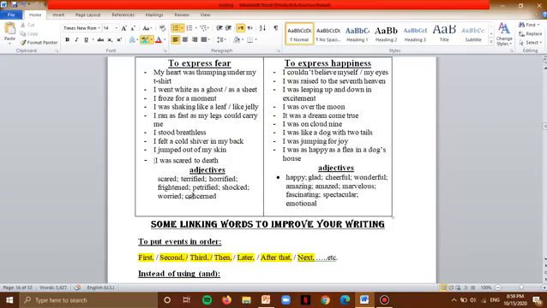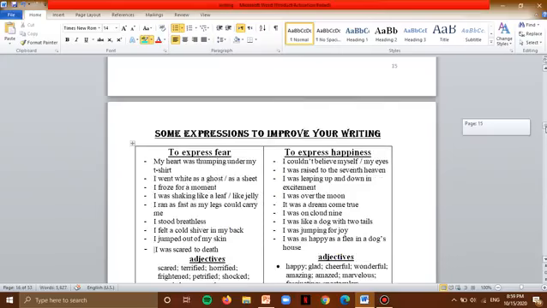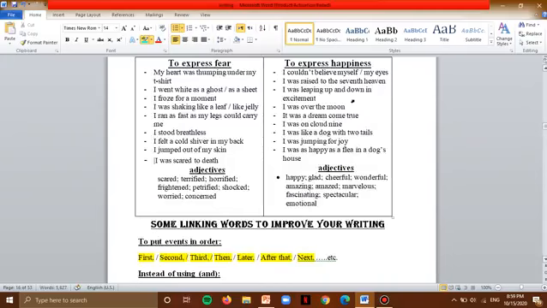Shocked. Okay, worried, concerned. Okay, so these are all adjectives also that I can use to describe the state of my characters. Now, if I'm writing an adventure story, or a story that doesn't have any horror elements, I can use expressions like I couldn't believe myself or my eyes. I was raised to the seventh heaven means I was so happy. I was leaping up and down in excitement. I was jumping from my happiness, from my joy. I was over the moon. Over the moon means extremely happy.